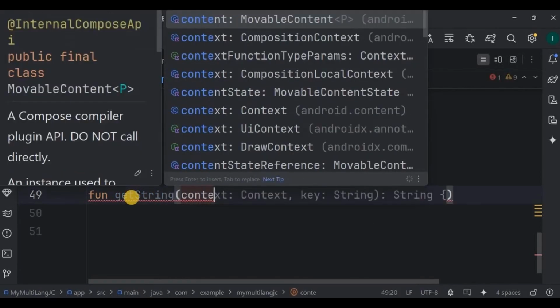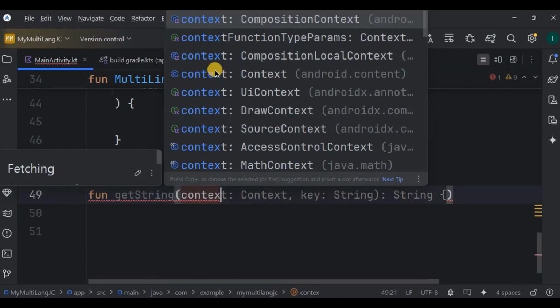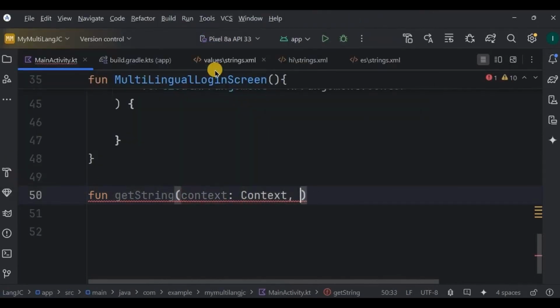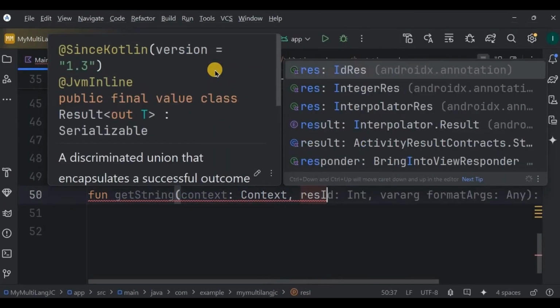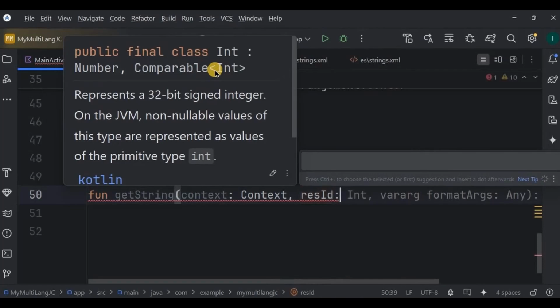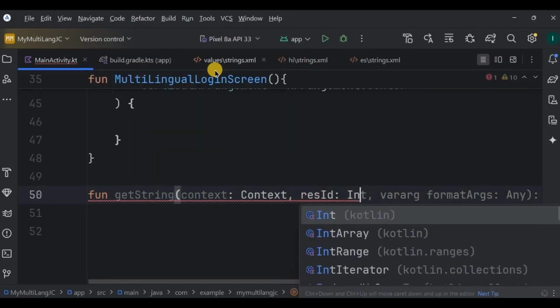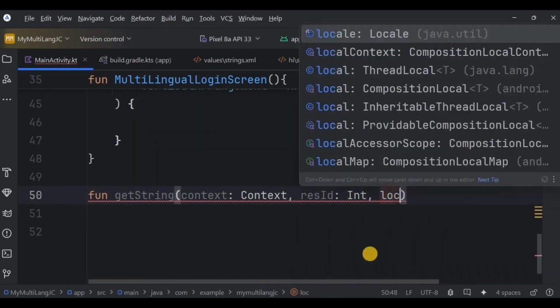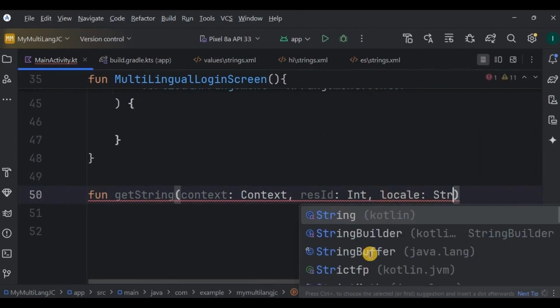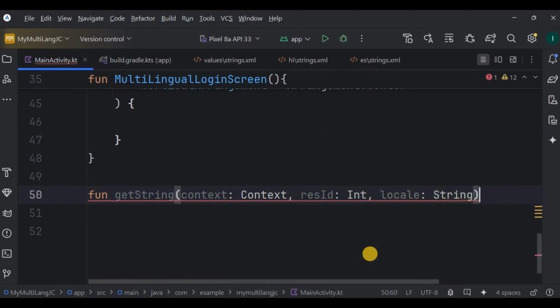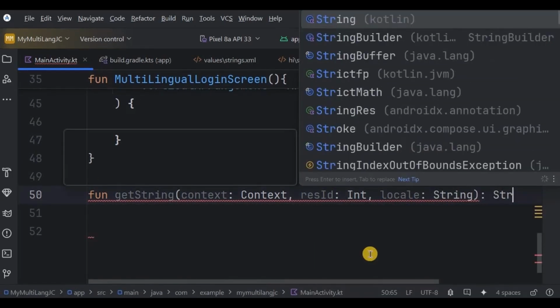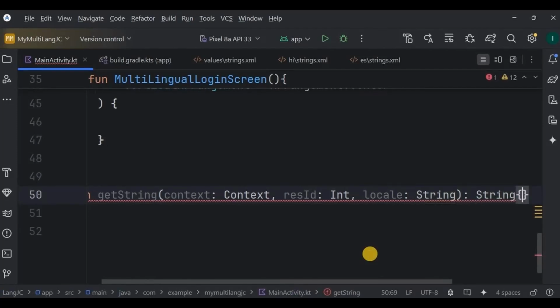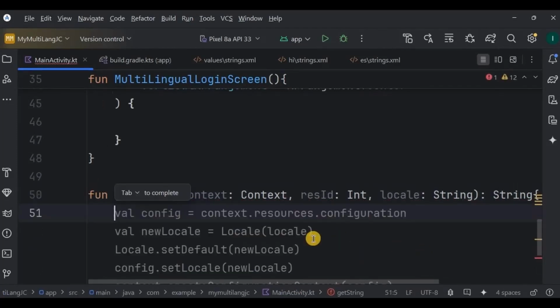Hence, create a getString function outside the composable. This function is responsible for retrieving a localized string based on the selected language. It takes three parameters: the context, which represents the current application, the resource ID, which is the resource ID of the string which you want to fetch, and the local, which specify the desired language such as English, Hindi, or